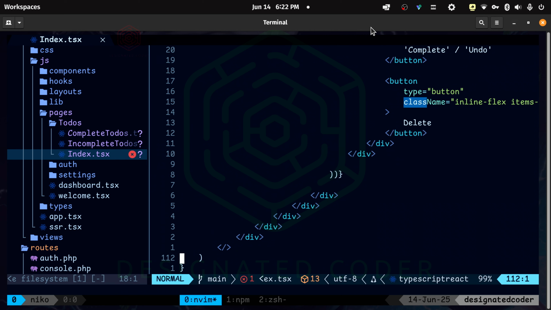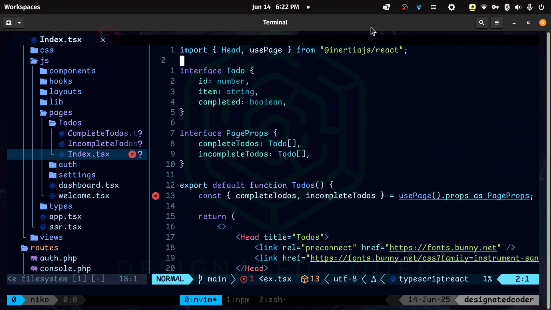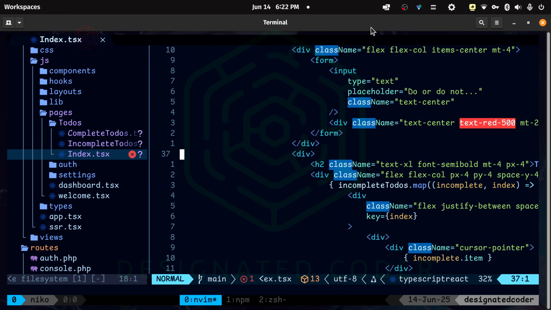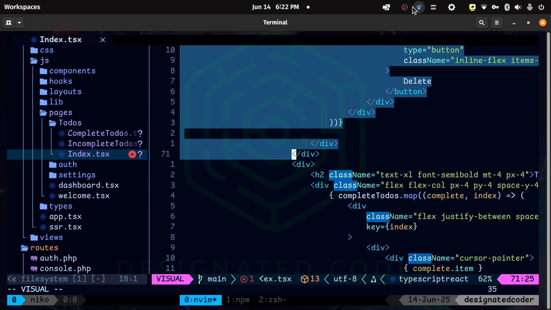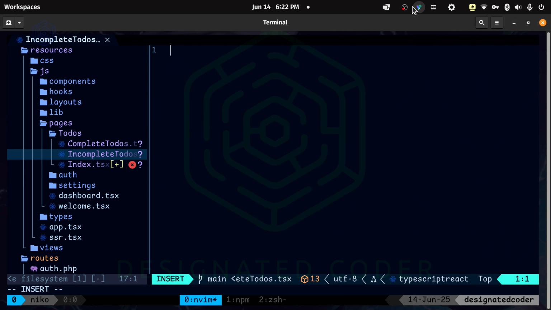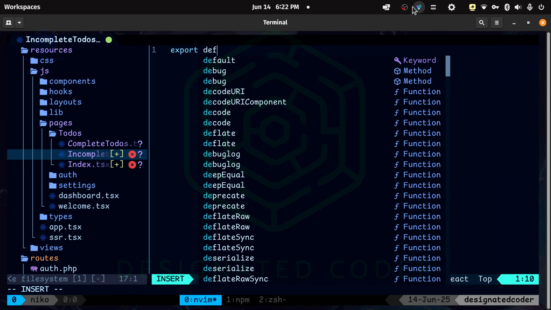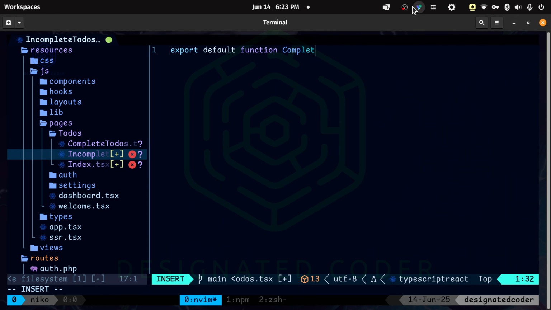We'll come here first, and then we will grab the incomplete. The incomplete should be here, and I am going to snag the whole thing, paste it in here. Well, before we paste it, we do need to name this. So it'll be export default function complete to-dos